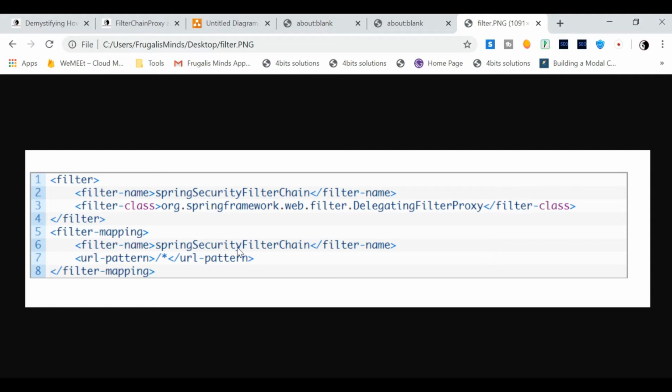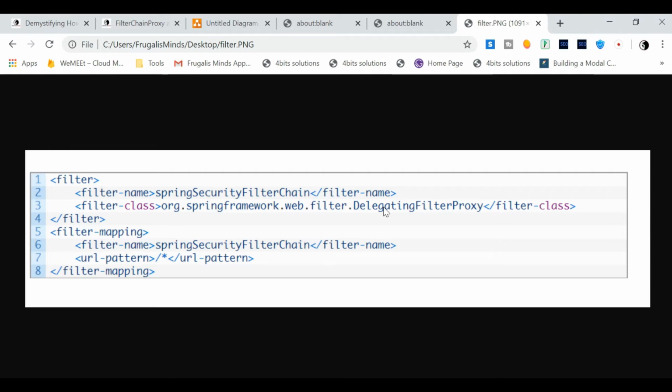Now this Spring Security filter chain is basically a DelegatingFilterProxy. What is the job of this DelegatingFilterProxy? Whenever a request reaches the server, it is Spring Security's catch-all filter: it intercepts all the requests. It just intercepts and delegates.